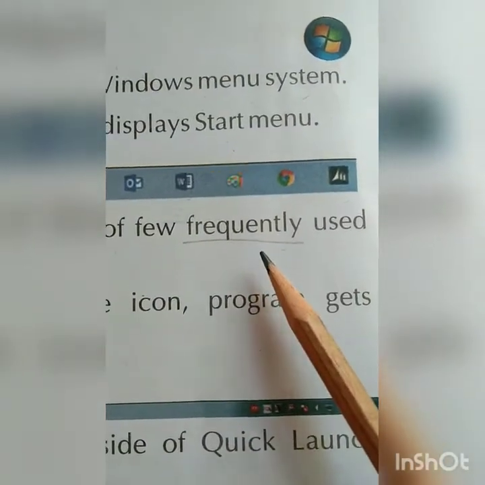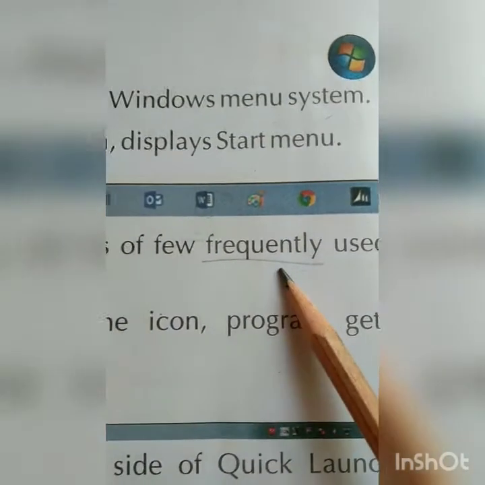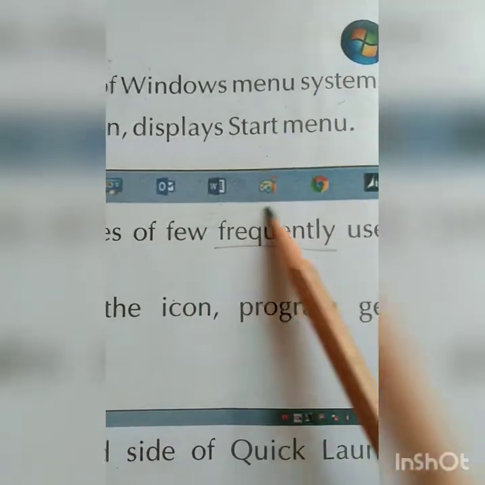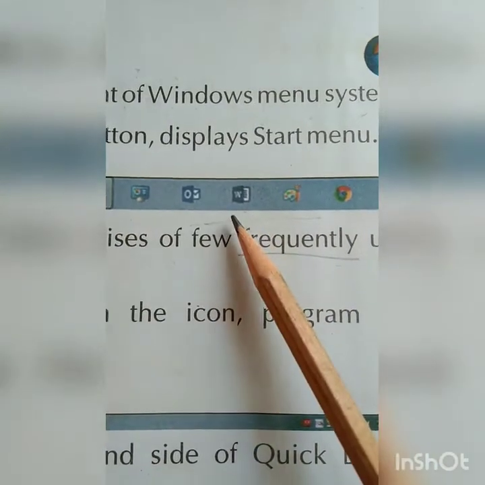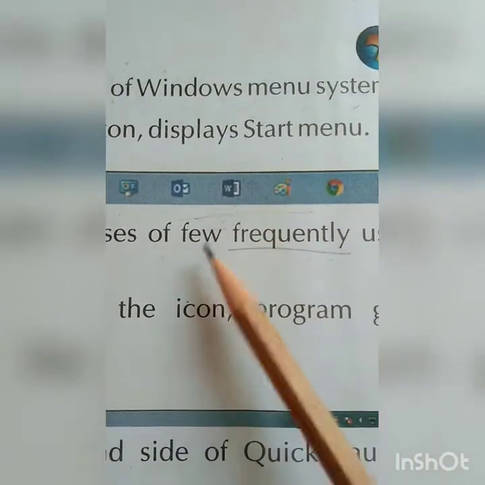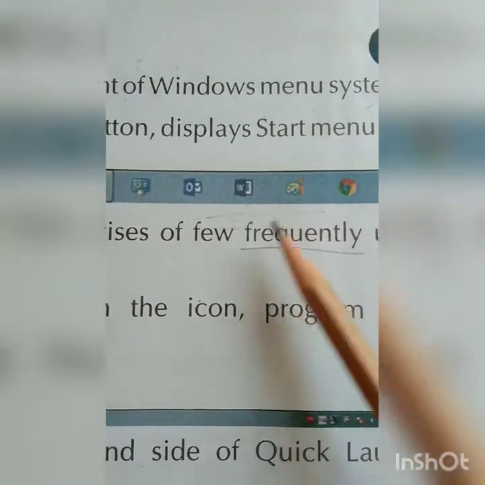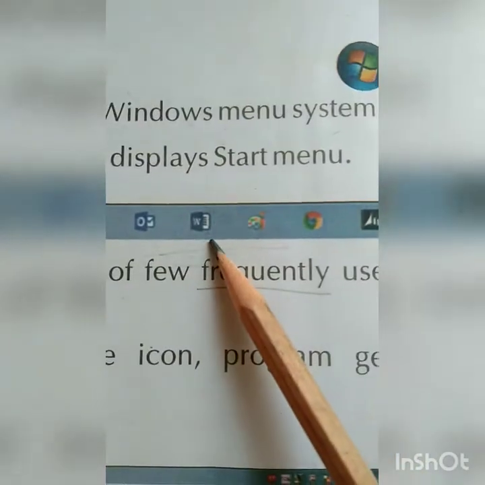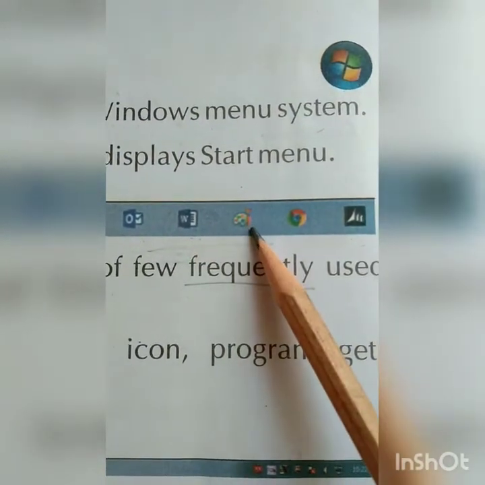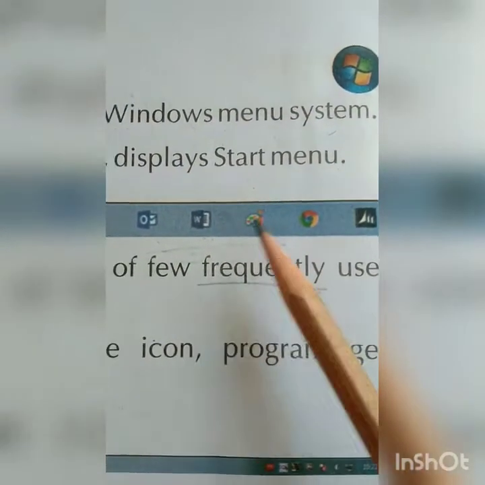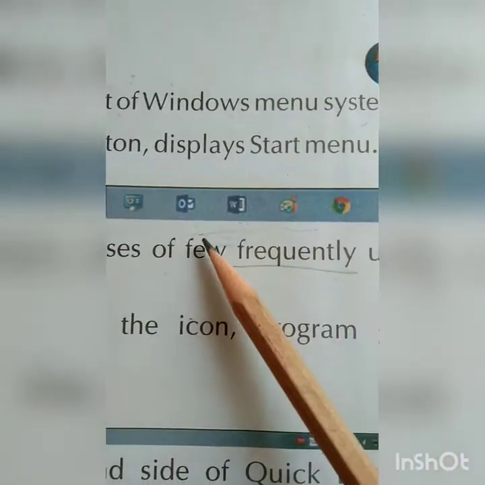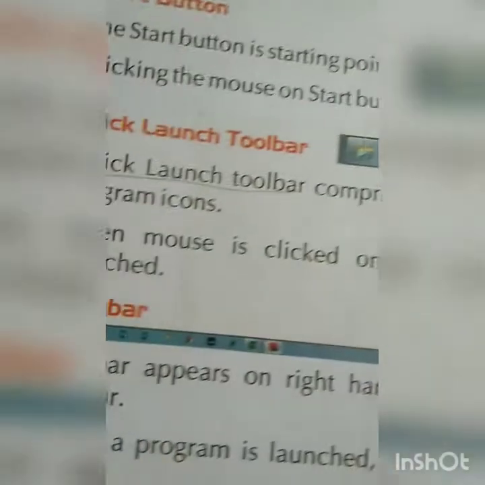Suppose you used MS Word, and now you are using Excel, so everything appears over here, which programs you used while using the computer. First you used this, then you started using this, and now you are using Paintbrush. So these three will show on the toolbar, showing that you did these three works.